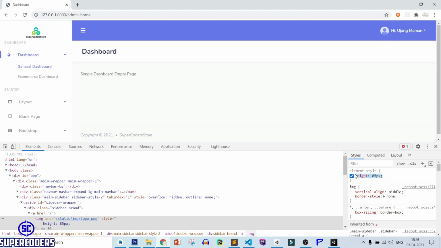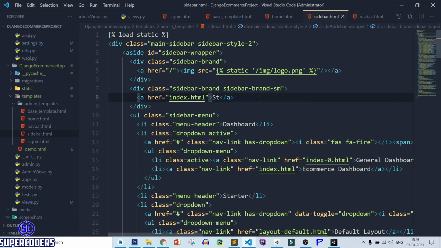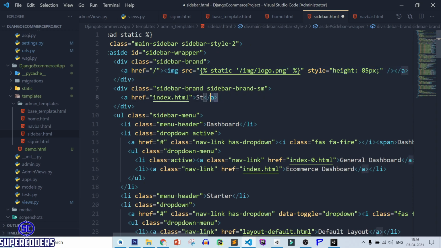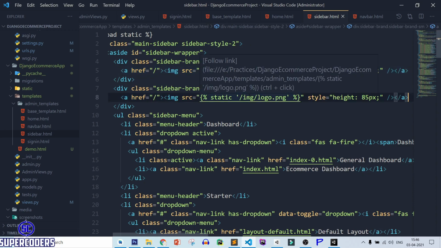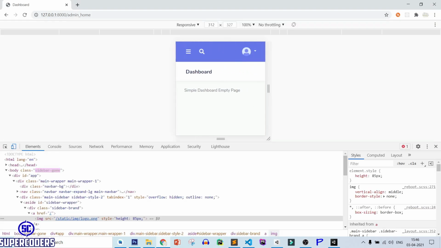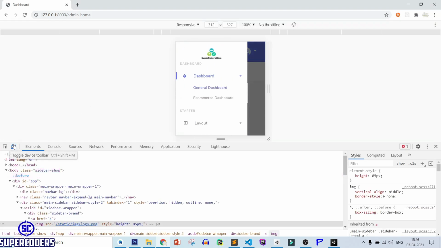So let's add the height. So here style equal to height 85 pixel. Again same here, copy it, paste it, save it, refresh page. Let's see, it is looking perfect.